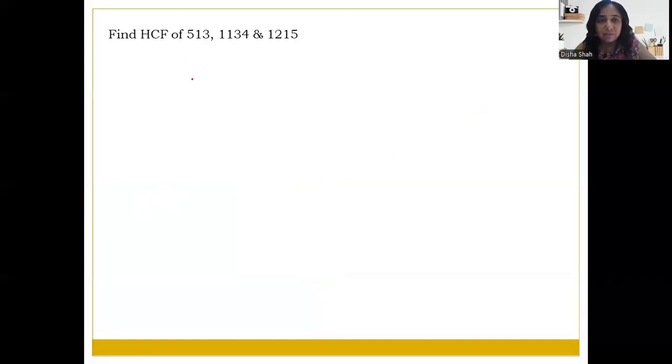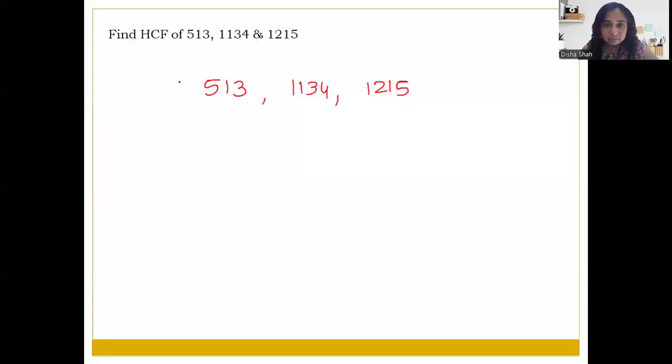Next, find the HCF of these three numbers 513, 1134, 1215। ठीक है, इसे कैसे करेंगे? एक काम करते हैं, पहले तो अपना डिवीजन मेथड यूज करते हैं। 513, so the addition is 9, we know that these numbers are not divisible by 2, so we'll go to the next number। Here the addition is 9, 1134 का addition is 9 and 1215 का addition is also 9, so all these numbers are divisible by 9।